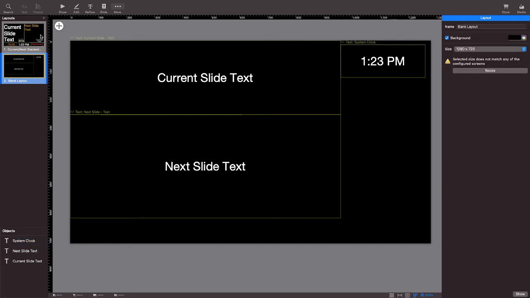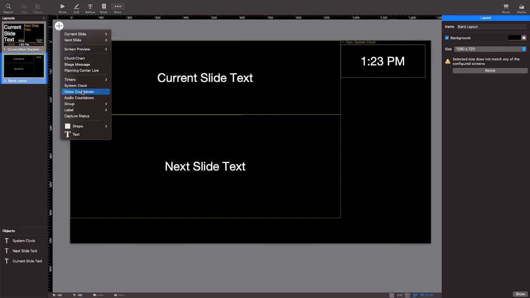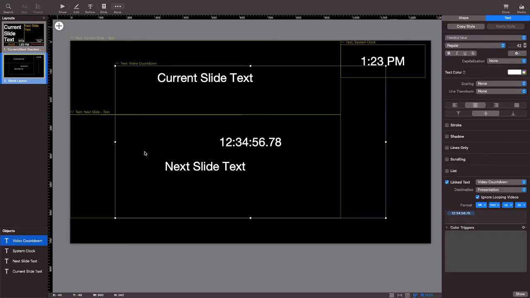If you need a countdown clock, there are options for that. Or if you want to label a screen for a certain person, like this screen is for choir 1 and this is for choir 2, you can add custom text to your screens. There's capture status, which you're not going to need, audio countdown, system clock, and video countdown. We can add that for when you're running a video on stage,